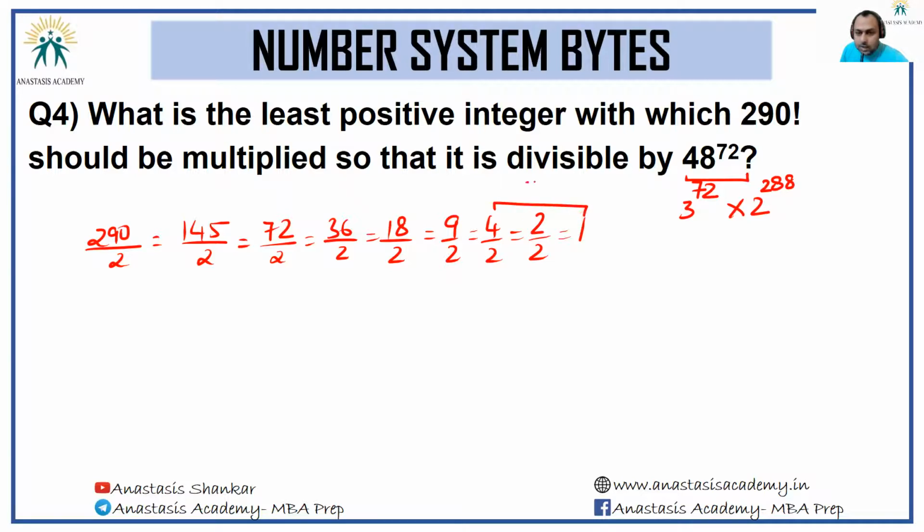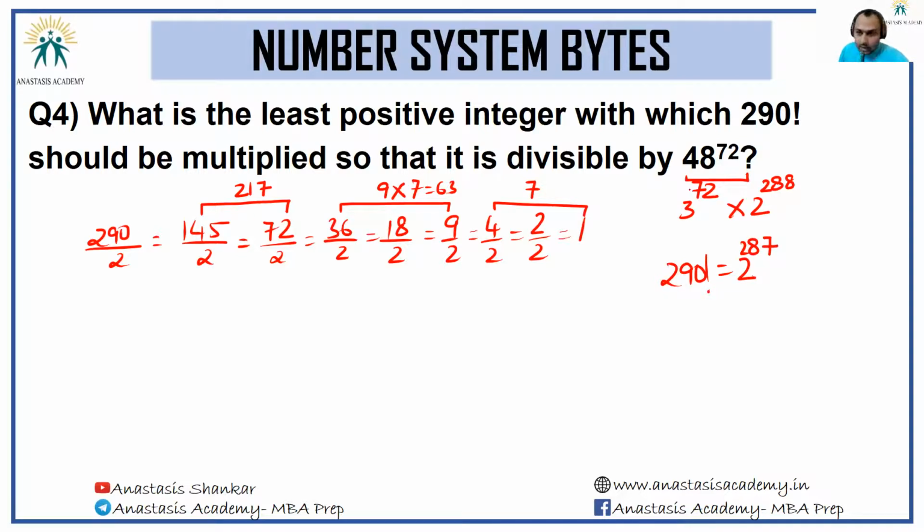So these three add up to 7. These add up to 9 into 7, so 63. And these add up to 217. So 70 plus 217, 290 factorial definitely has 2 raised to the power